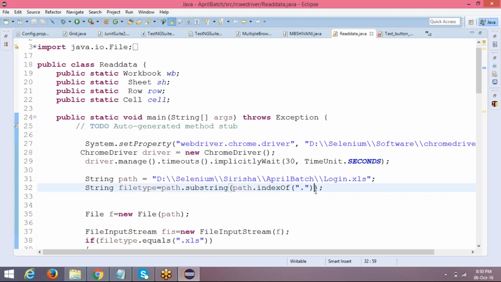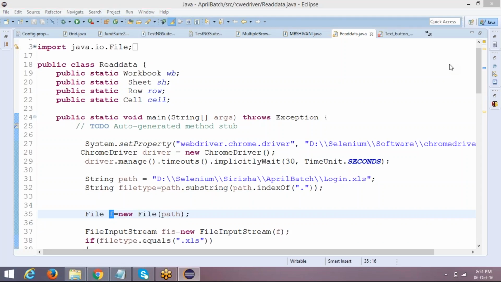So now this total path I'm taking as a File, an inbuilt class used to treat it as a file system, right? I'm saving it as an f object. Now that file I want to open in a readable format. Here is one point I have to explain: for the readable format, we use FileInputStream. It is used to open